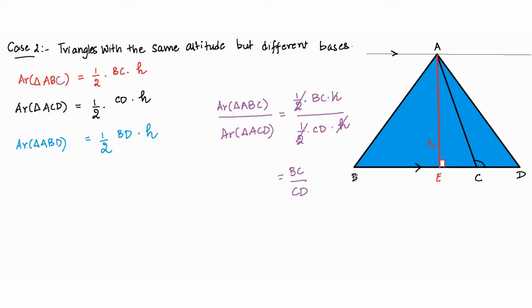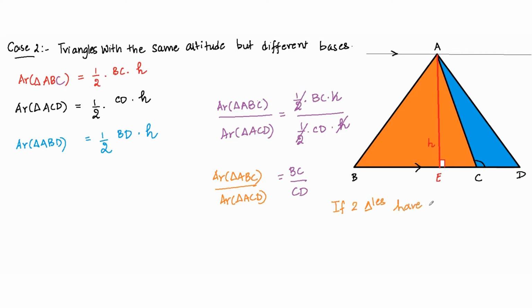So consider ABC. ABC is the triangle which is colored in the orange color now, and ACD is colored in the blue color. You will notice that because the altitude is same, the ratio of their areas, so area of triangle ABC divided by area of triangle ACD, is given by BC upon CD. So what I can say is, if two triangles